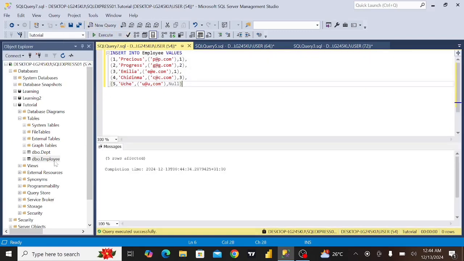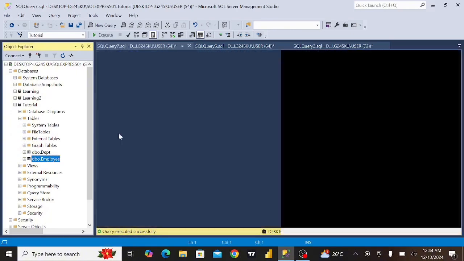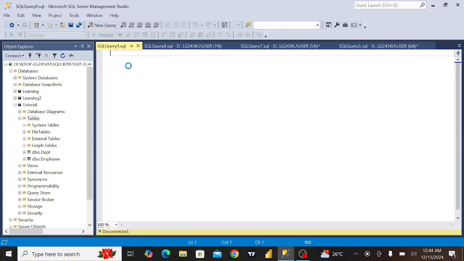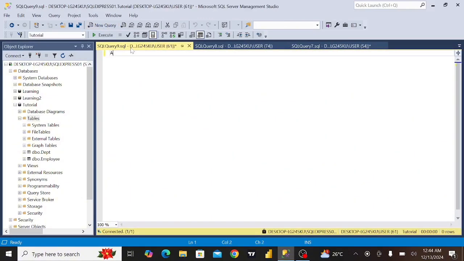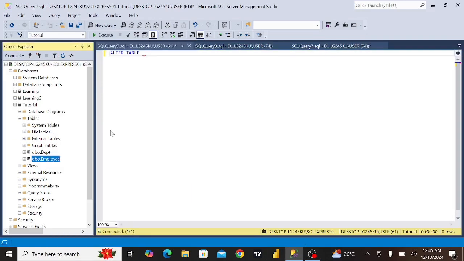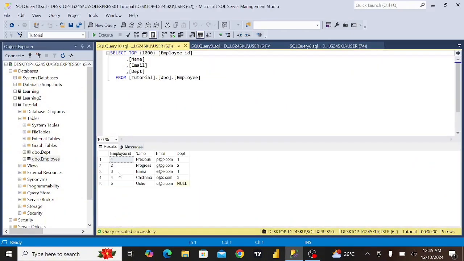Okay, our query has been executed successfully. Let's see what we've done. Okay, here it is. So the next thing I'll be showing you is how to connect the tables. So to connect the tables, you click on this table, click on new query, then you use the keyword alter table, and before then our primary key right here is employee ID, while our foreign key is department,